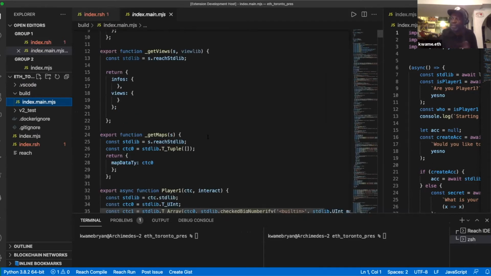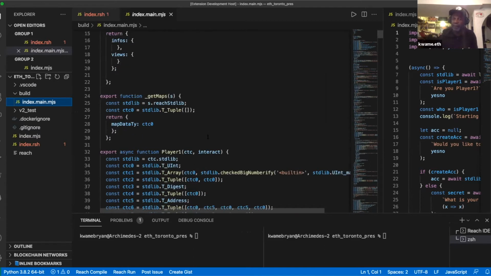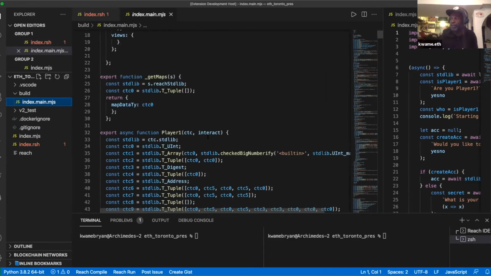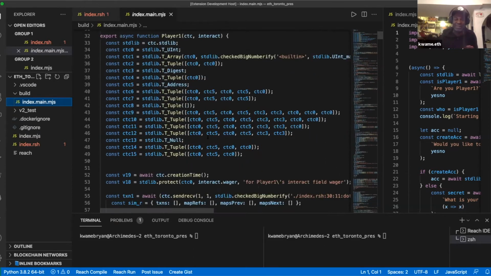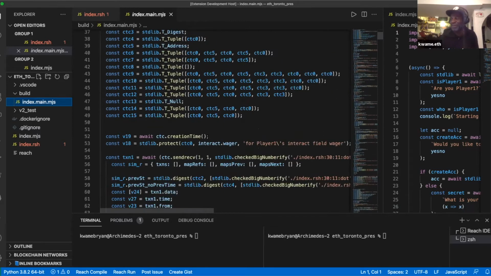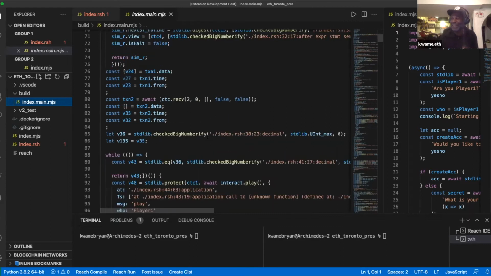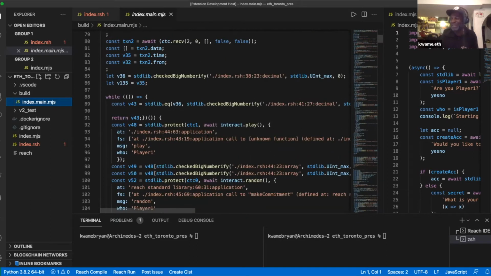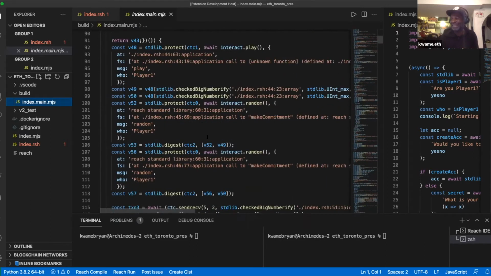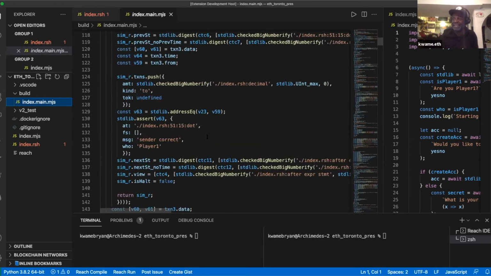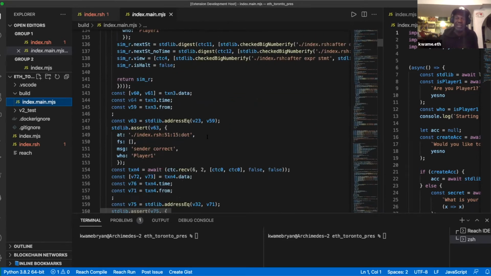So this is what is actually compiled from your Reach program. You can see here, this is a lot of what we're used to, right? The one thing you'll notice is that I am scrolling a lot, right? And this is the generated Solidity code